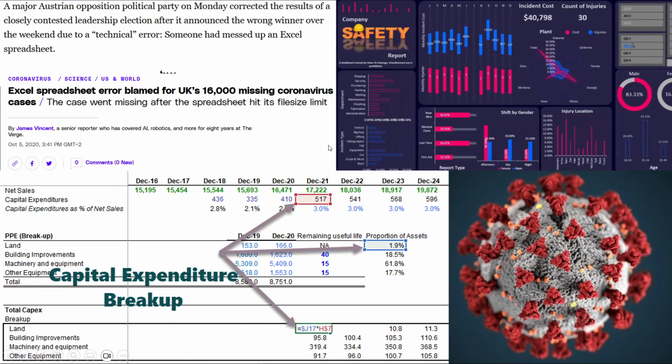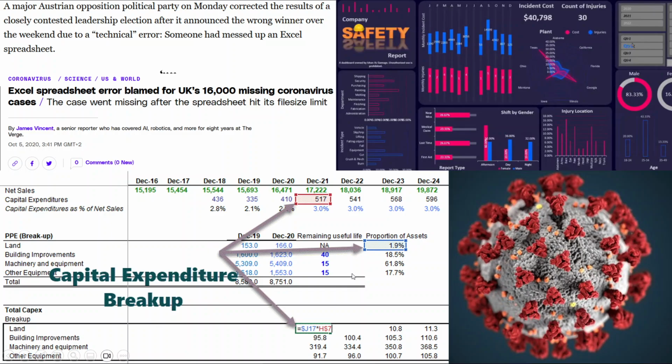Then coronavirus cases were tracked by many states with Excel. And if you don't know that Excel has a limit regarding the number of rows, then you run into problems, like the UK did, and I think some other states had a problem there.